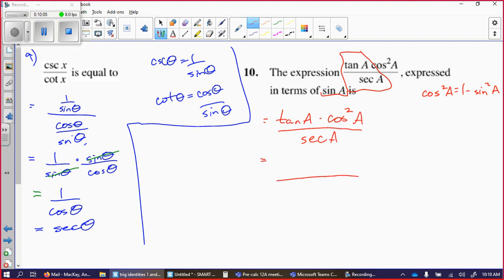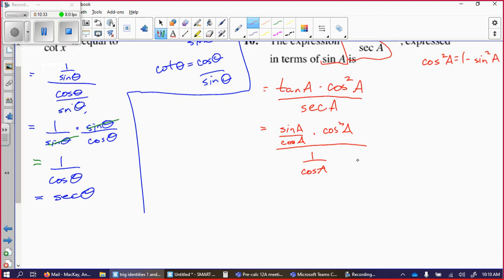So we have our really big fraction. Tan is sine of A over cos A, times cos squared A. Secant is 1 over cos of A. So our first step is just to put everything in terms of sine and cosine. I don't like the fraction over the fraction, so I can leave the whole numerator as sine of A over cos of A,